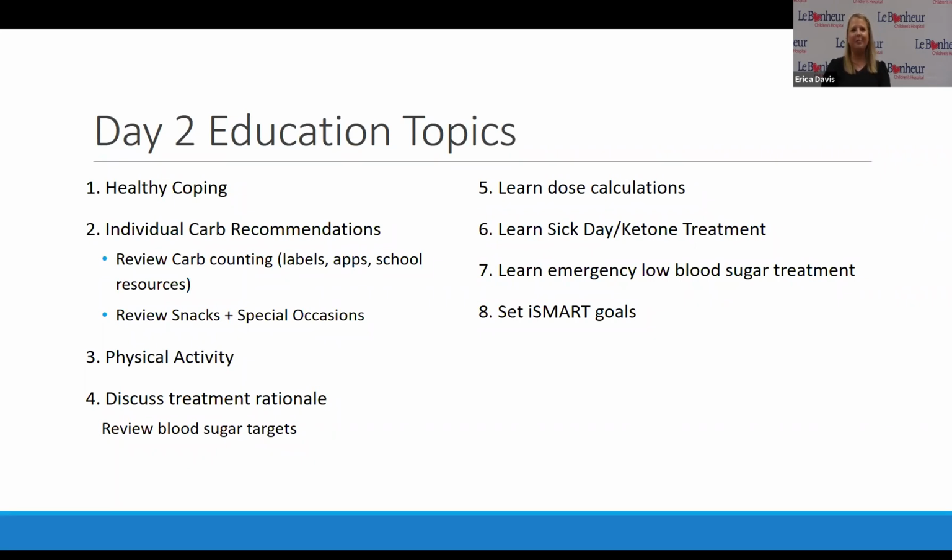And a lot of times we figure out in this class, are they actually giving insulin? Have they accepted their diagnosis? Can they count carbs? We're really kind of breaking down some of those barriers and figuring out what is going to work best for them. So sometimes we do have patients that they can't really wrap their mind around starting dose calculations, and they choose to stay on a sliding scale.